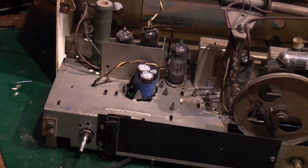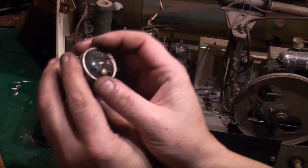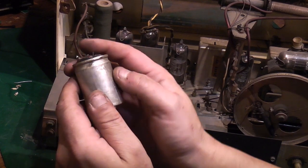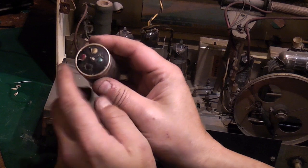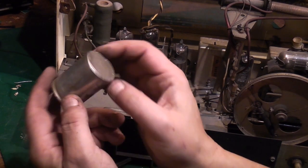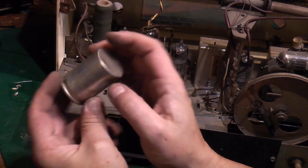So there we go. That's the main smoothing can. As I said, it might have run for half an hour, it might have run for 10 minutes, but that's obviously overheated. It's blown the top out like that. It has been starting to spew some electrolyte, and even though it's been off for probably a few years,